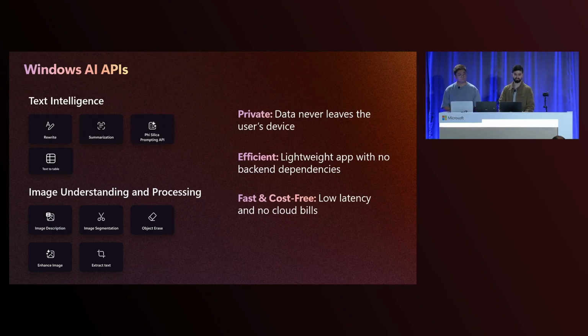And third is my favorite. It's fast, low latency, and there's no cloud bills because the models are running on device, so there's no trip to a cloud model. And today, we're going to show you 3 of the APIs that you see here. And for each of them, we'll talk through what it does, show you the code of how to use it, and we'll show you some developers who are using these today. So let's get started.